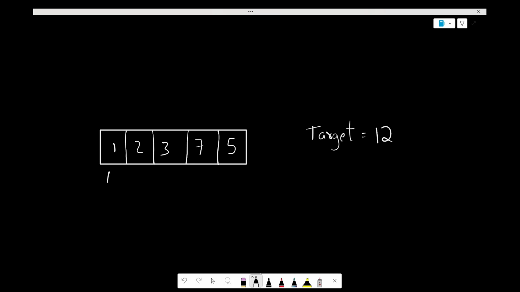We will maintain two pointers, both initially pointing to the first element, and after that we will take a variable sum that is initialized to the 0th index element, that is 1. Here basically what we want is a subarray whose sum is equal to 12. Subarrays are continuous, so this pointer will be going right side and this is also going right side, but the main